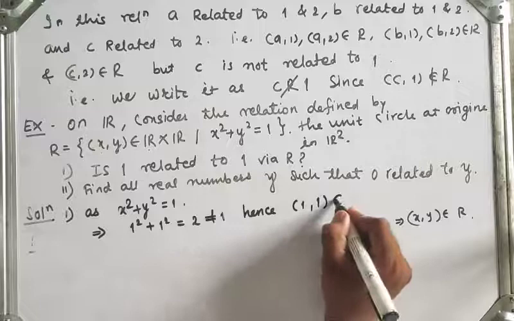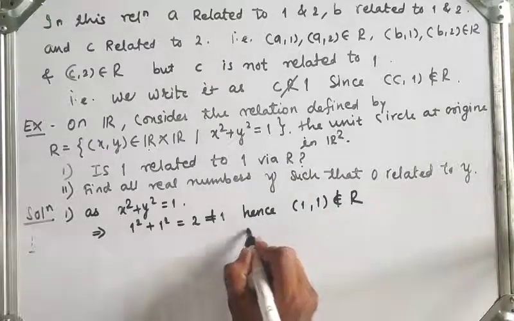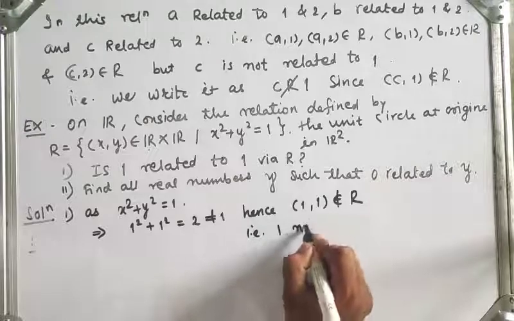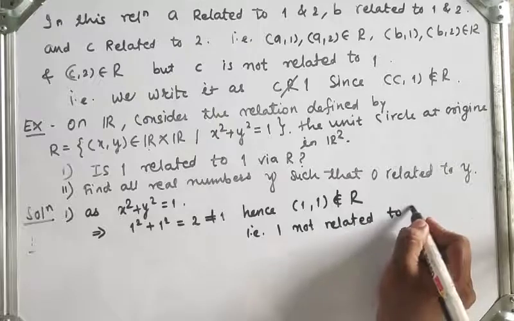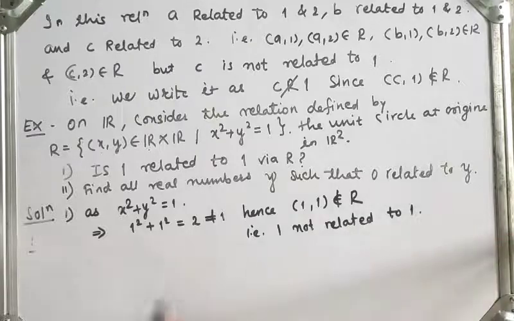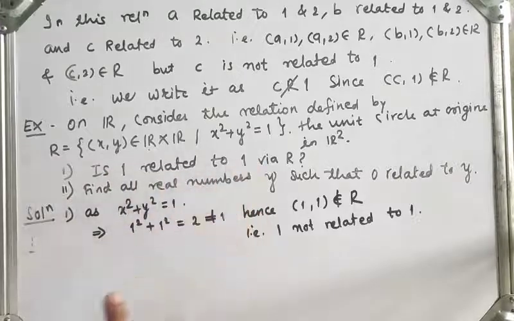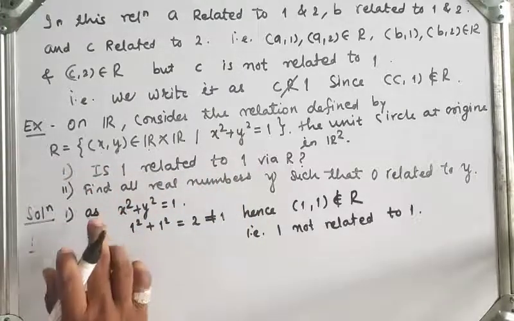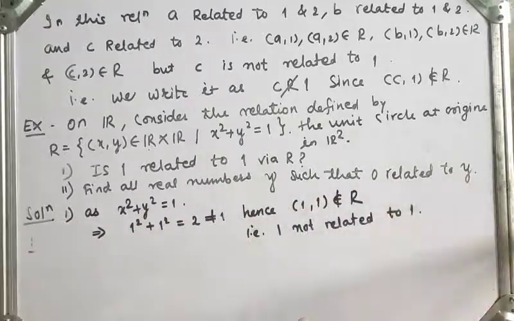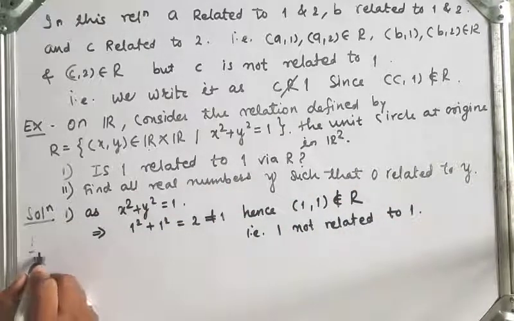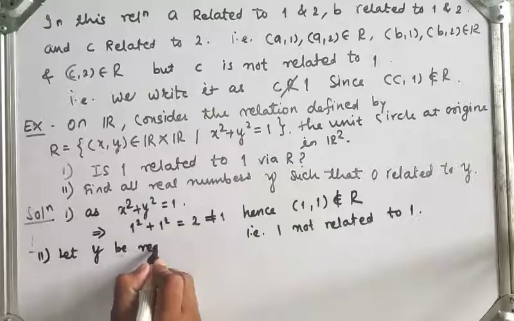Hence 1, which does not belong to R, that is, 1 is not related to 1. So first, 1 is not related to 1 in R. Now the second one: find all real numbers y such that 0 is related to y. Let y be a real number